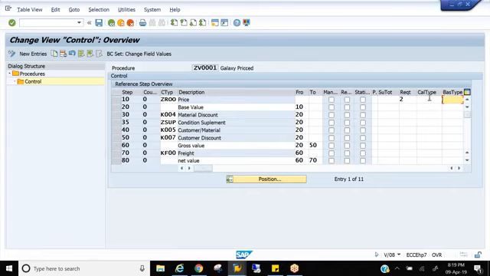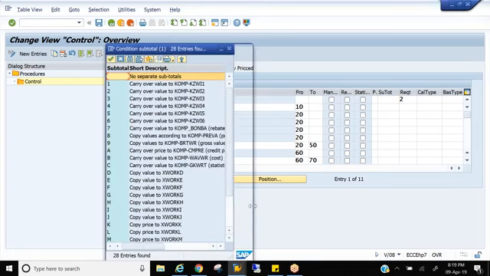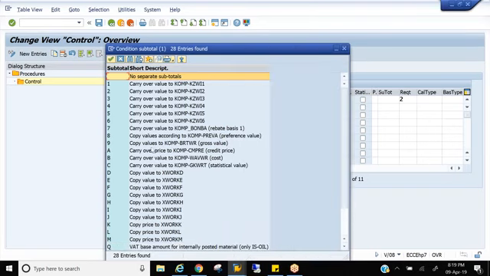Calculation base formulas, you'll put the formulas here. Once you have formulas, you need to have data, right? So from where will you get that data? You'll get it from subtotals. Subtotals will hold the data for temporary purposes. Once the calculation is done, it's wiped off. Again, you can use it for the next purpose.